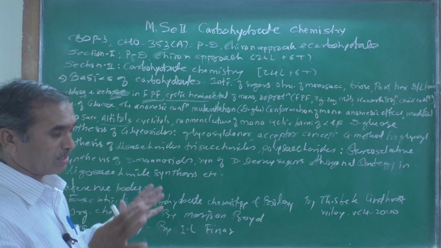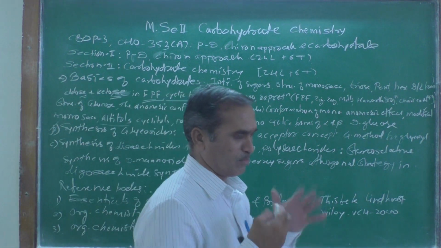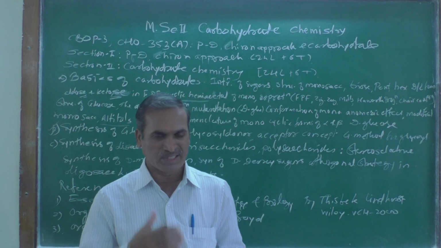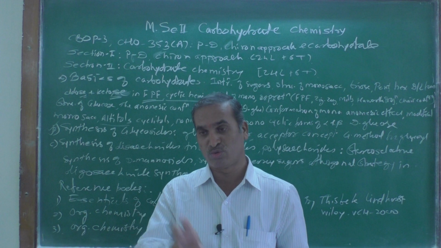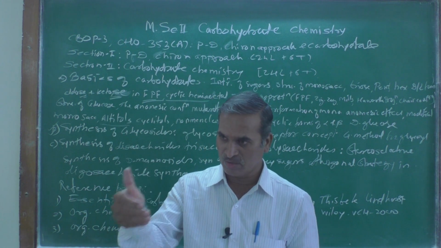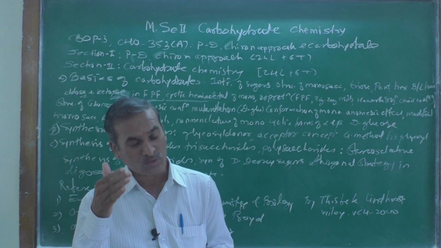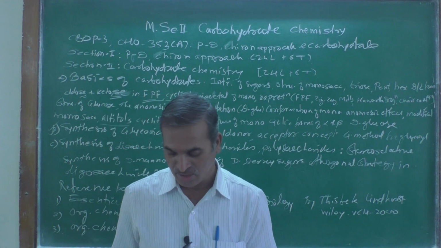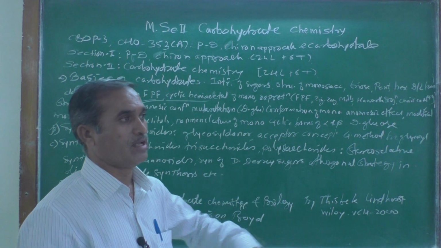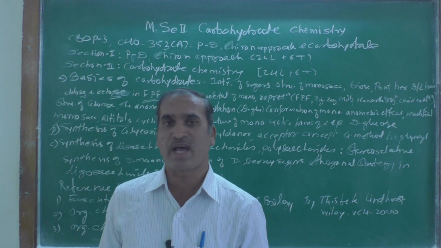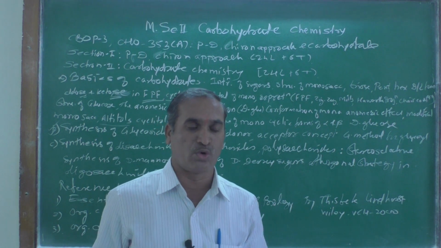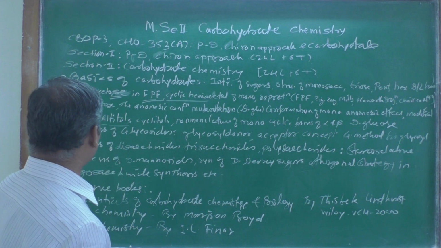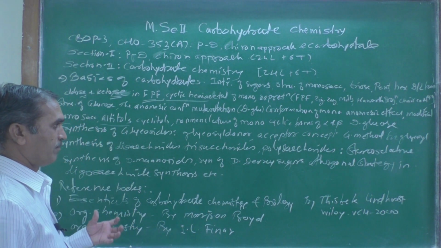So, stereoselective: as we know, there are different possibilities for the formation of the product, but selectively one of them is major and another one is minor. So why is one major and why is another minor? That type of selectivity is known as a stereoselective reaction, highly, because all the naturally occurring reactions are, as I already told you, highly selective in nature. So that type of selectivity we are going to learn here.